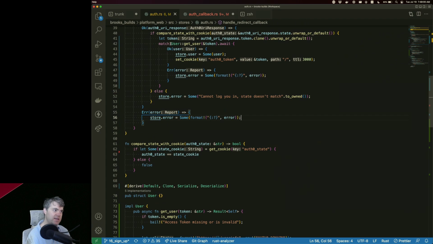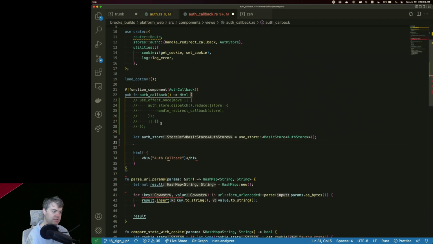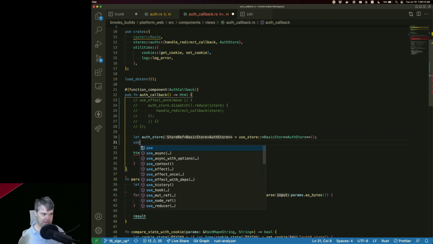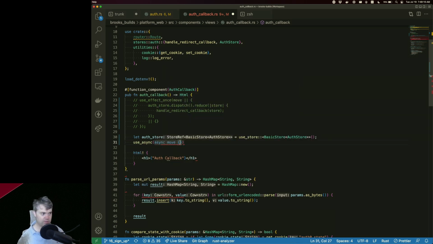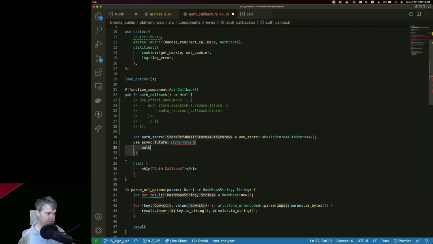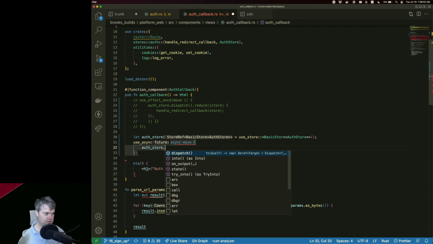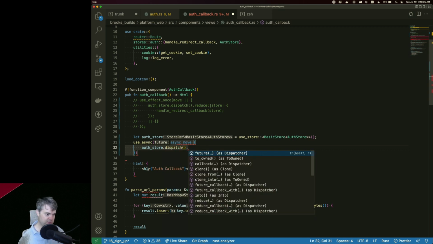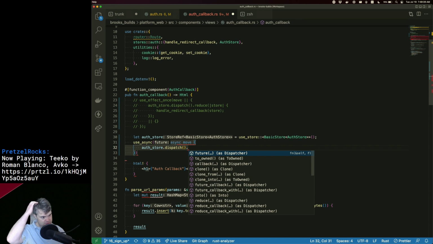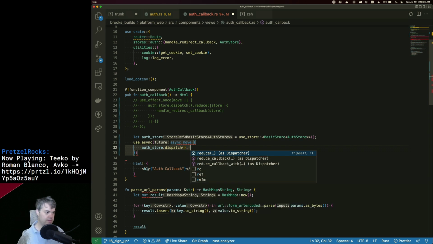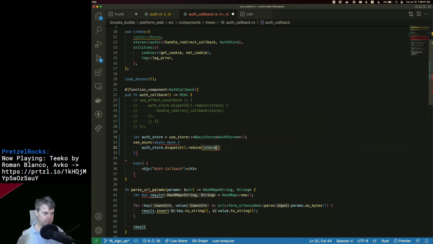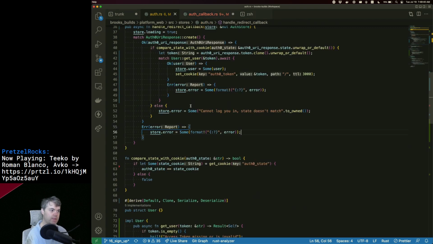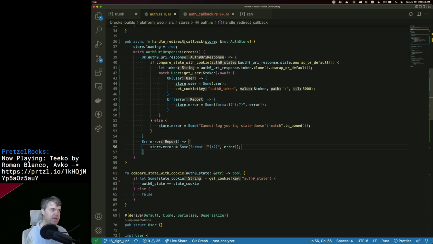This is still async. So let's try, okay, if I try to use async, so async move block, and inside of that, we're gonna do auth store dispatch, and I want to do this handle redirect callback.